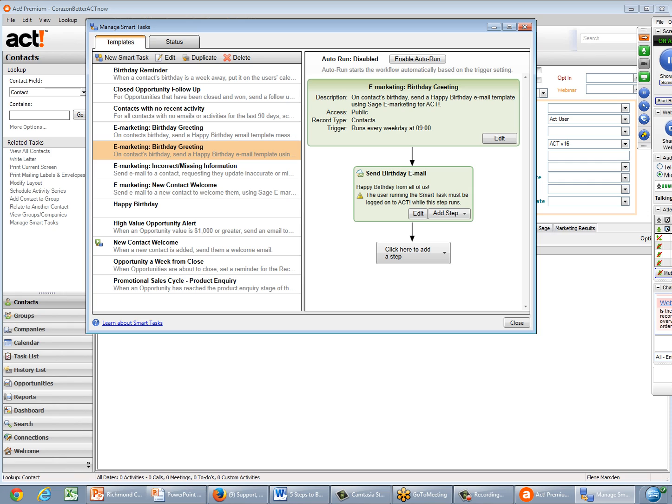How many of you are actually using smart tasks successfully in your business? Quite useful to know there. Okay, we use single step smart tasks for scheduling telemarketing. We use them for brochure and sample follow-up, says Priscilla. So I guess if you send a brochure, then the next smart task is to follow up with a call. But potentially they could be very complicated.